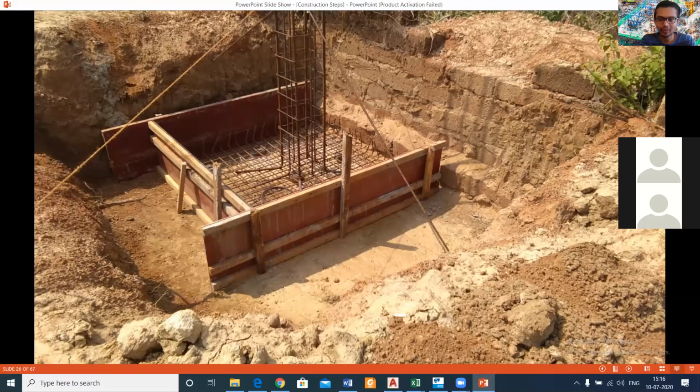First off, before calculating the quantity of reinforcement and shuttering material, we need to know the unit in which both are measured. Reinforcement we can measure in two ways: in kilograms or tons, that is by weight, and also by pieces. As we discussed in the previous class, one piece of reinforcement equals 12 meters.